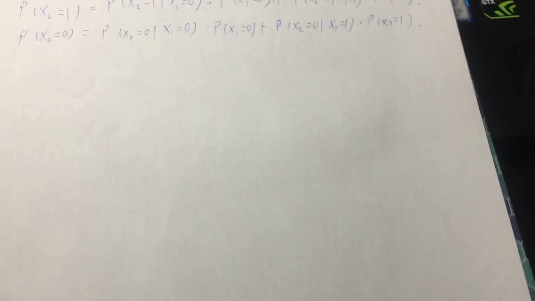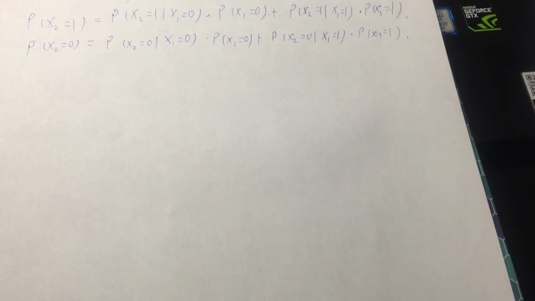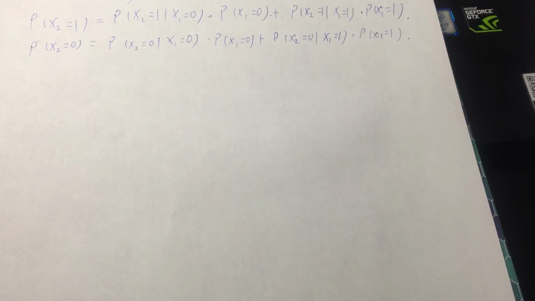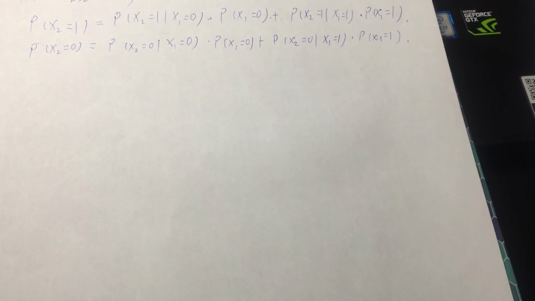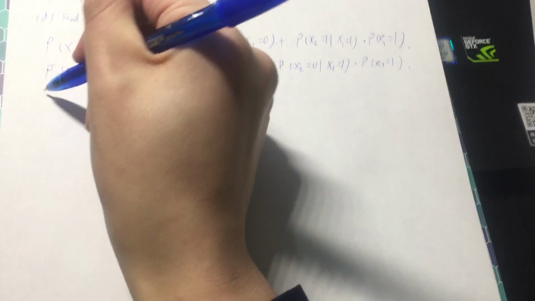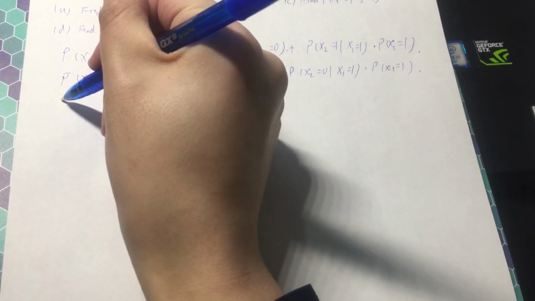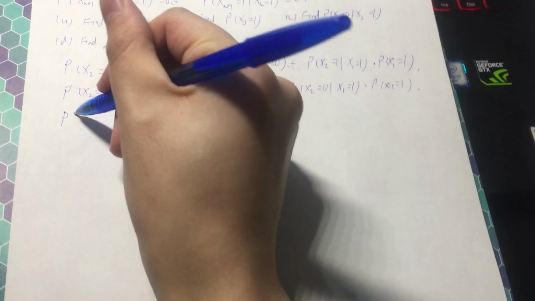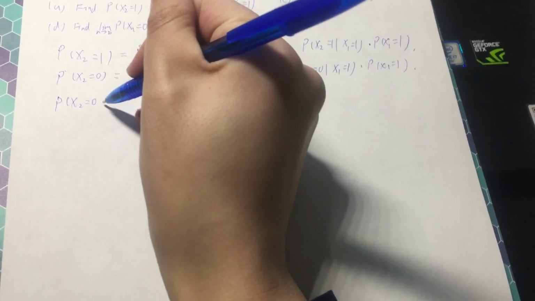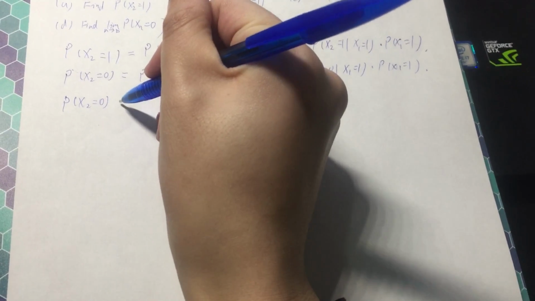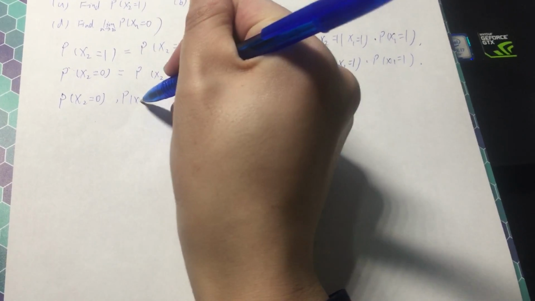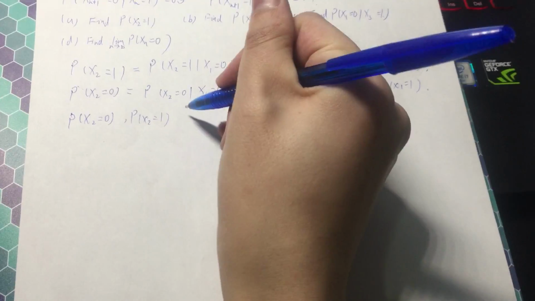Then we can make a summary for this and list them as a matrix. So the consequence is P(x2 = 0), P(x2 = 1) equals